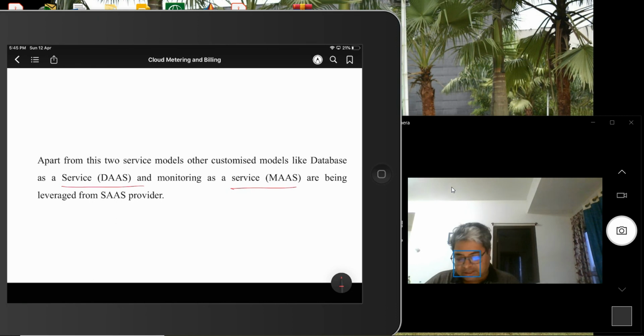DaaS is basically database as a service. In case of infrastructure as a service we can take the database, right? But if we take the database